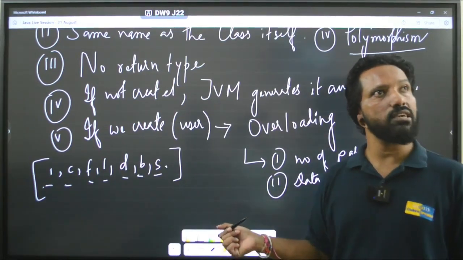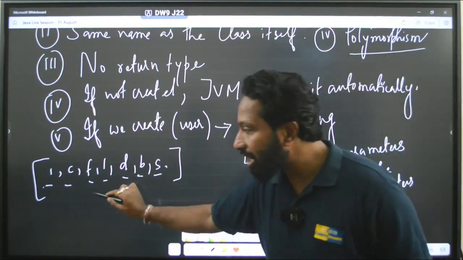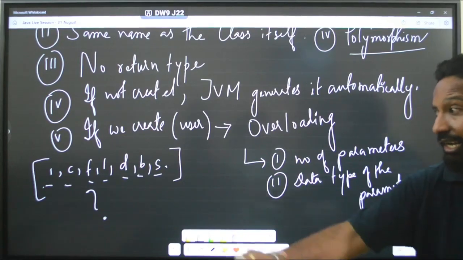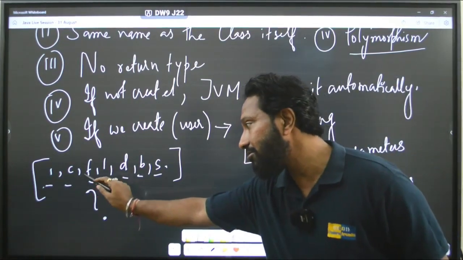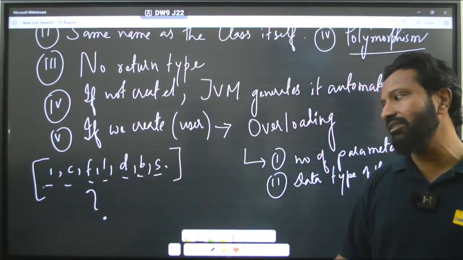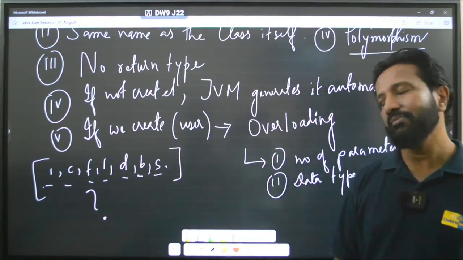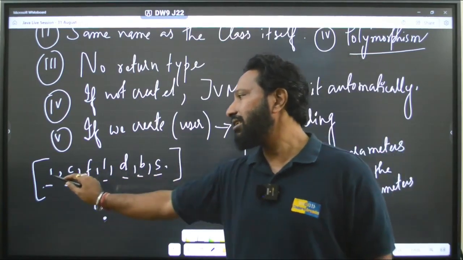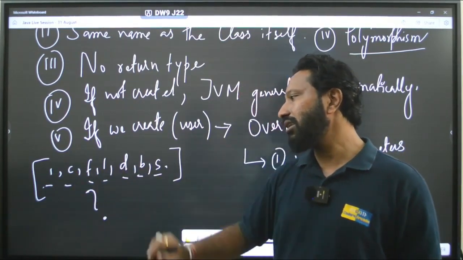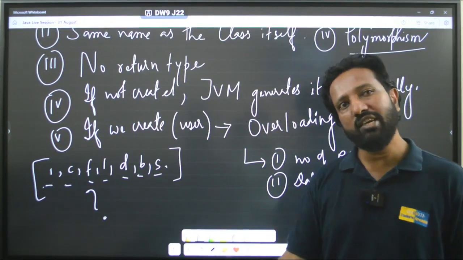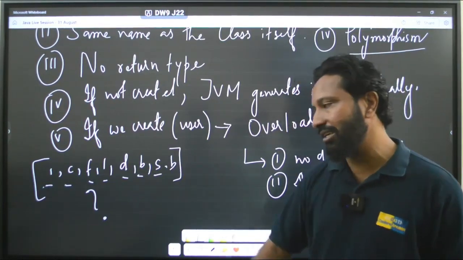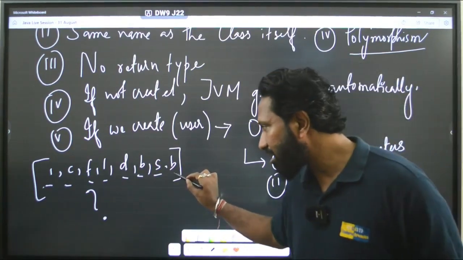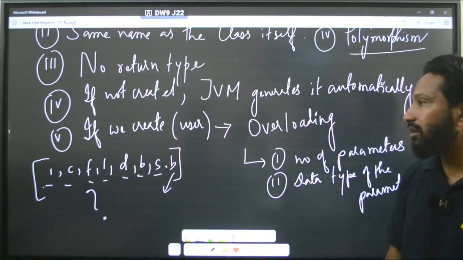Anyone? Nobody has told the answer. I am still waiting. You have to tell me. There are 8 primitive data types. Out of that, 1, 2, 3, 4, 5, 6, 7 have been written. What is the last one? Who will tell me? This is byte, short, int, char, float, double, long and what? Boolean. The Boolean data type. Yeah, Boolean, absolutely. Very good XYZ. Now let's go to this.